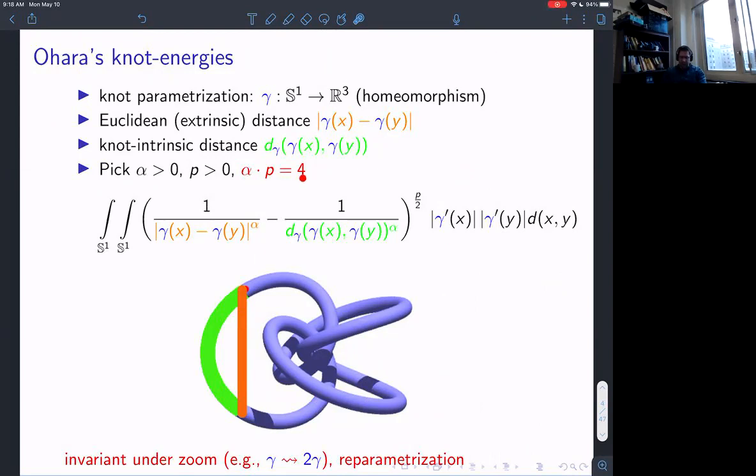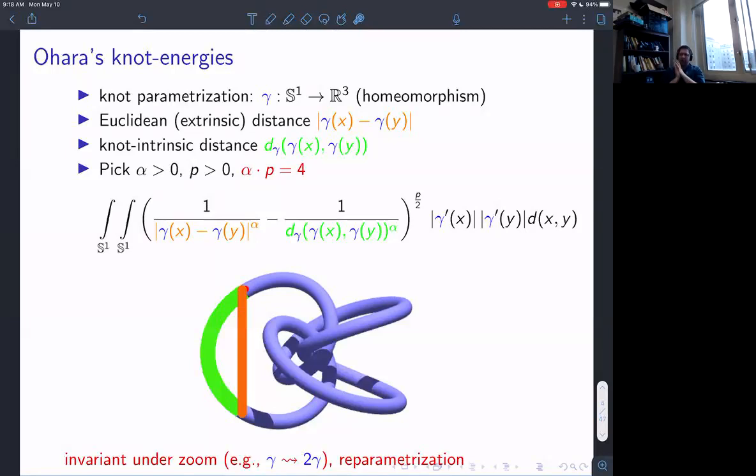If alpha times p is not 4, that's a computation to do, you get that rescaling, so just zooming in or zooming out in the picture changes the energy of the knot. So we don't want that, so we restrict to the scaling invariant case, right? So we will restrict to alpha times p equals 4, so that it doesn't matter, when you have a shape of the knot, whether you look at it from very far or very close,